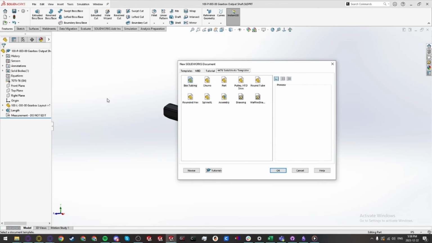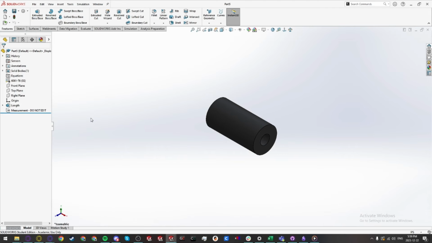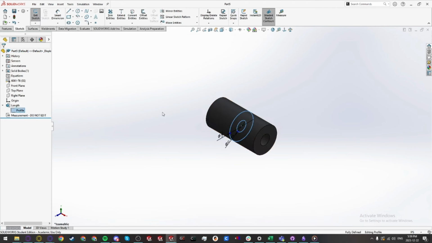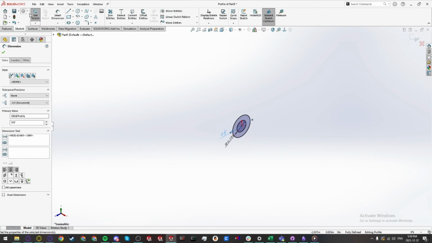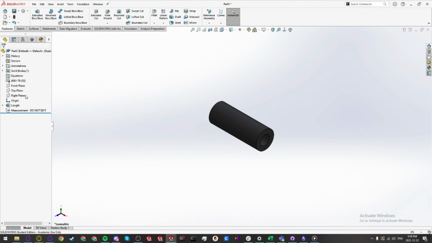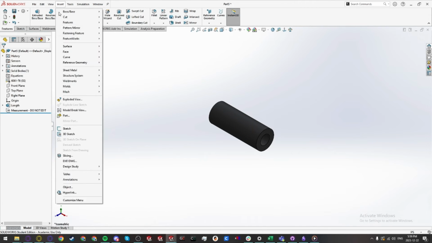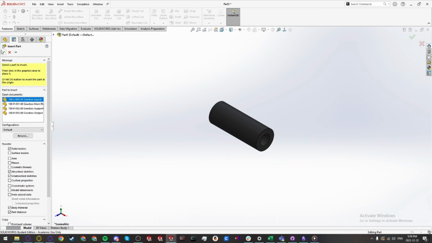And then the last part that I have to make is the spacers, for which I'm going to use round tube, specifically 3/8 round tube, so I can actually go ahead and just modify the profile to make it 3/8 round tube. Exit sketch. Again, I'm going to insert a part. I'm going to insert the layout